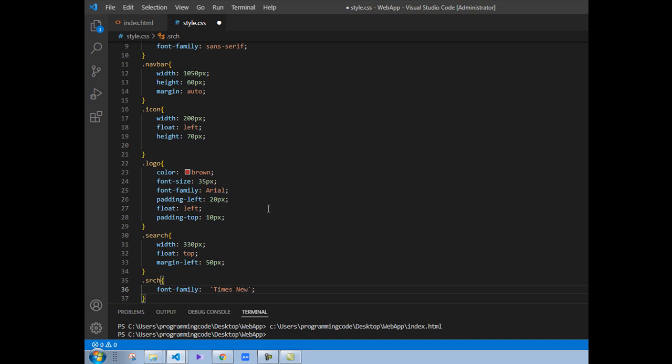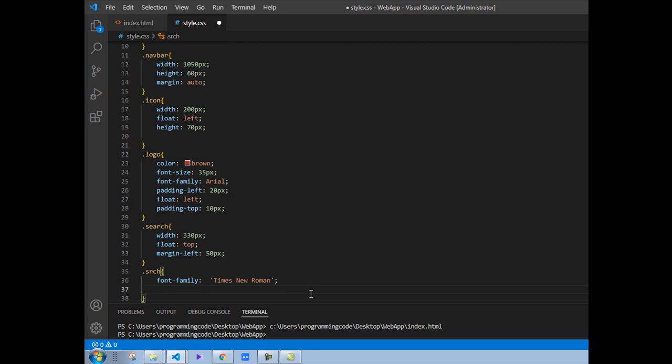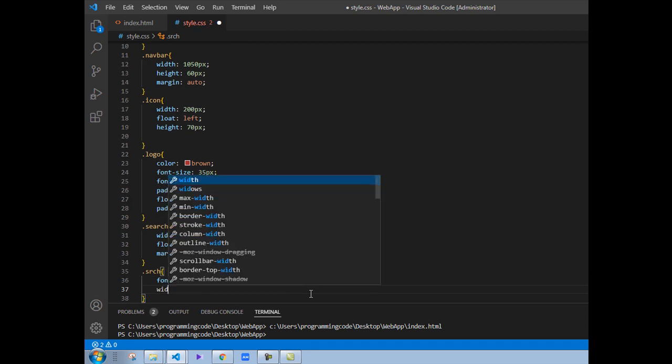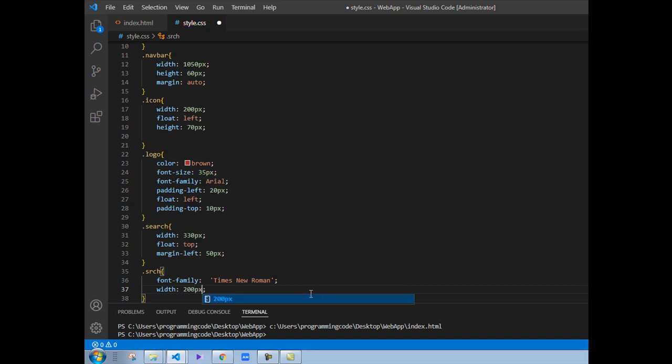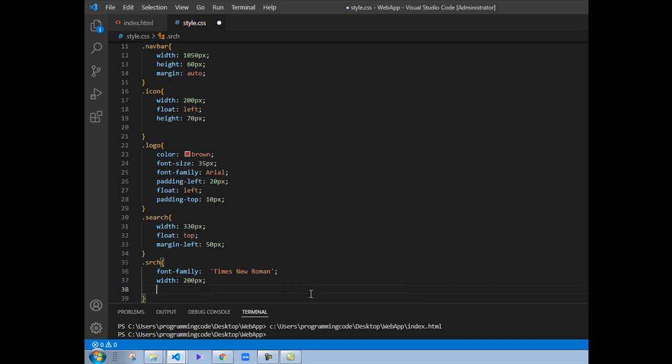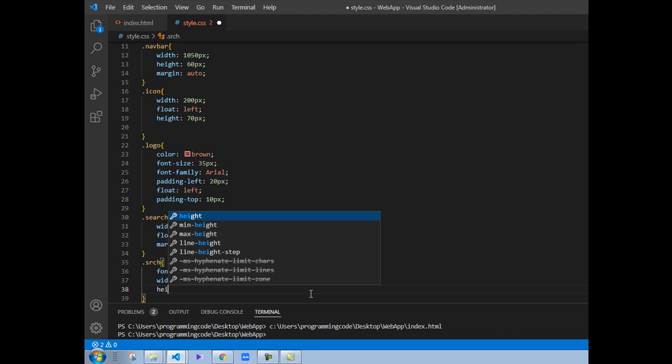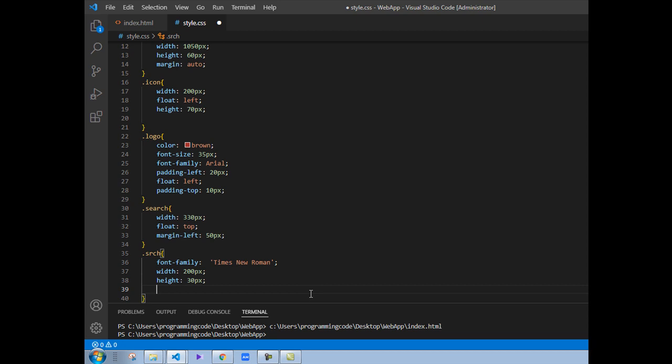We can write this sentence is the font size, and the width is equal 200 pixel, height is equal 30 pixel, sorry, and the background is equal